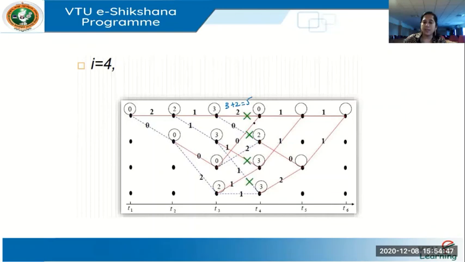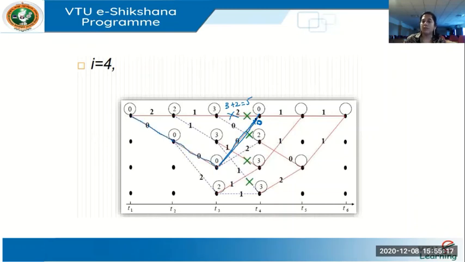Whereas the other path which is ending up here is coming from here, 0 plus 0, this path is giving you a value 0. So which has the lowest distance? This path with 0 has the lowest distance. So we will retain or highlight this path. We'll keep this path and we will neglect this path to this node. So the best path to reach this node is like this, coming from here, whatever path this has followed.